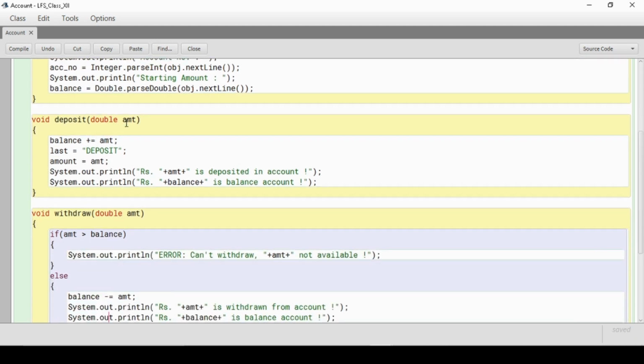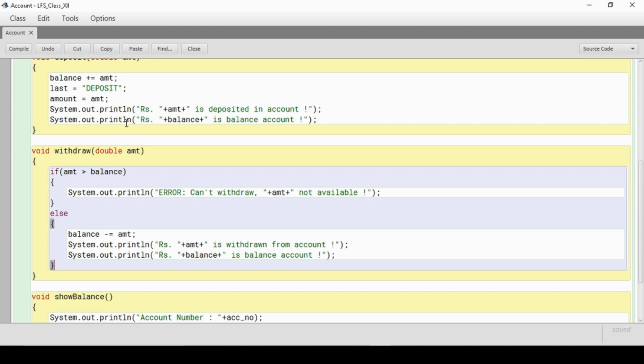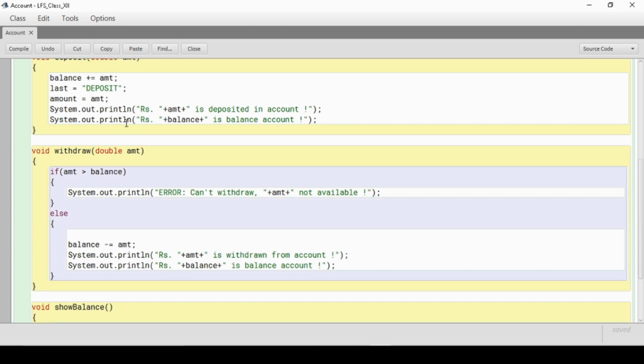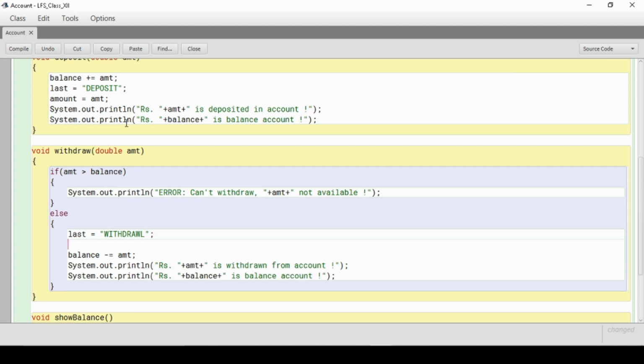And when withdrawal takes place, here in the else, the value of last will be withdrawal, and of course in the amount I will save the last amount.